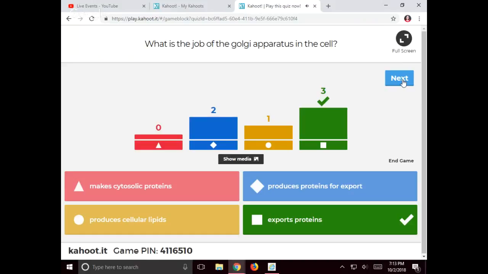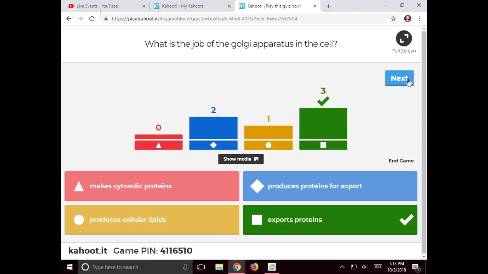Okay, so it just exports proteins. Which one produces the cellular lipids? Smooth ER. Which ones produce the proteins for export? Yeah, so the rough ER allows the ribosomes to just straight up produce the protein into a vesicle, and then that goes over to the Golgi, and then the Golgi attaches tags essentially, sometimes as to where it should go. So we sometimes call those postage stamps, but